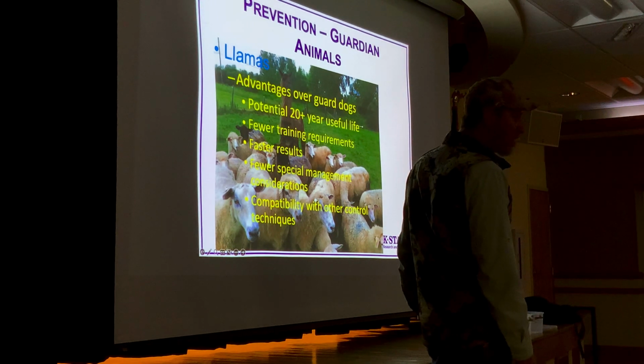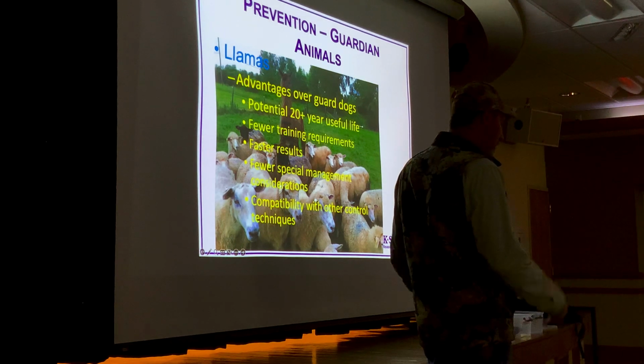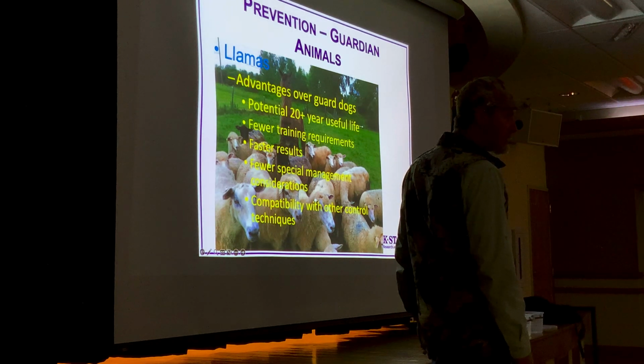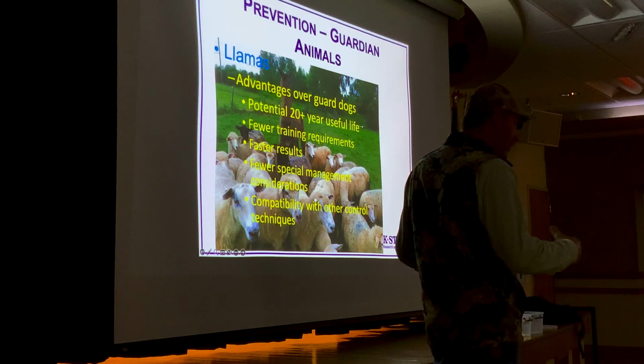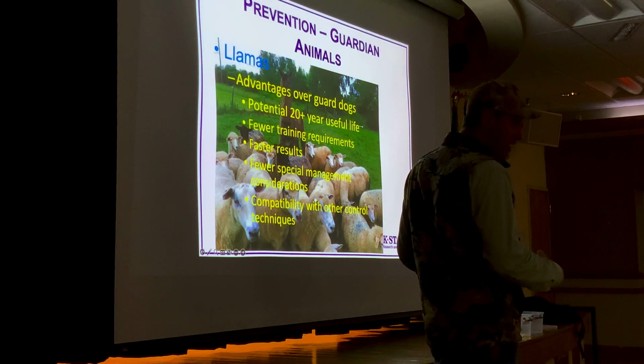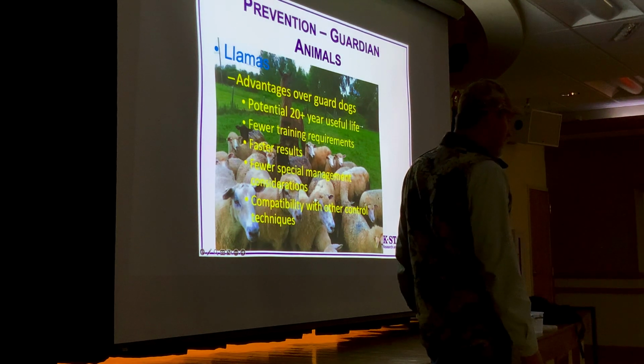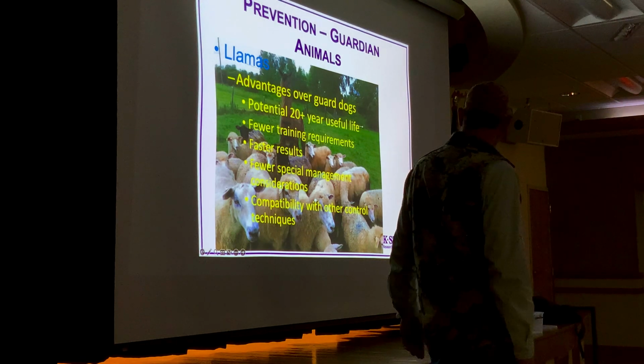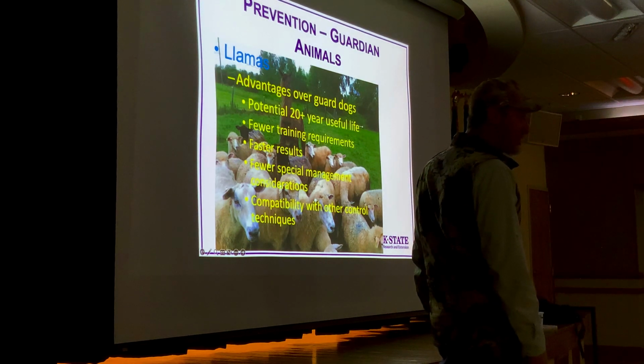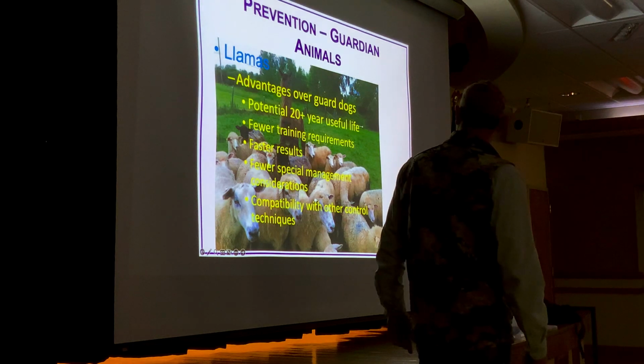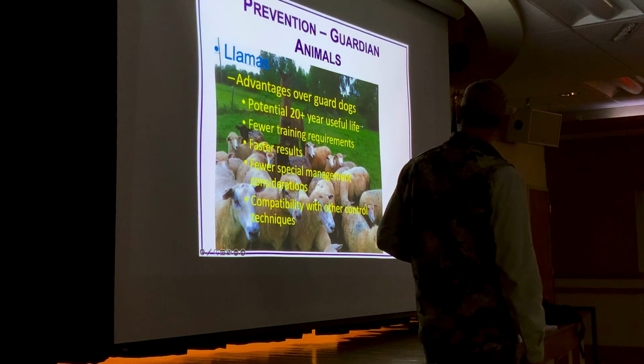But if you got a guard dog out there, then we are probably going to catch it if we're trying to trap coyotes in the pen. Now, it's not going to do any damage to that dog if you're checking traps every day like you're supposed to. But depending on the disposition of your dog, it may not be very easy to get it out of the trap. So that is something that a lot of people are concerned about.